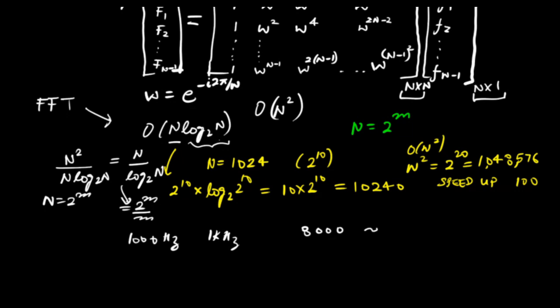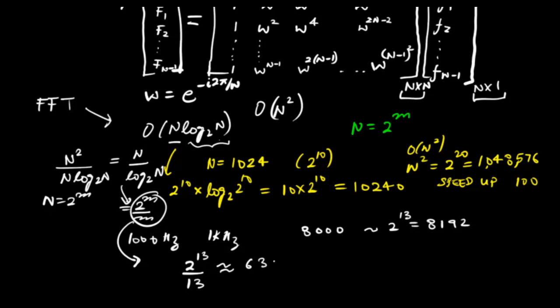That's approximately 2 raised to power 13, which is 8192, and now you can compute the speed up offered by FFT. So we have 2 raised to power 13 over 13, and that's about 600 times. So FFT will give you the result 600 times faster than what you would get by direct matrix multiplication. Now the algorithm of FFT has been discussed widely elsewhere, and for our purpose it is sufficient to know